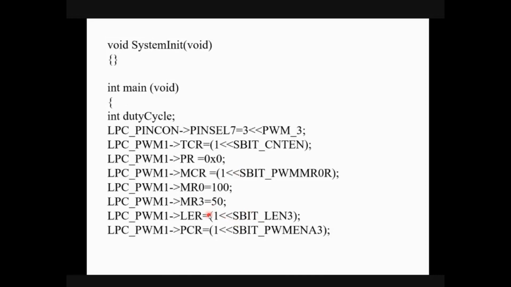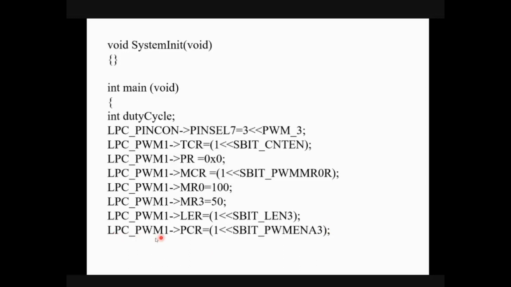So we are making that bit high. When we make that bit high, you enable loading the new value into the match register after the TC, timer counter, is reset.